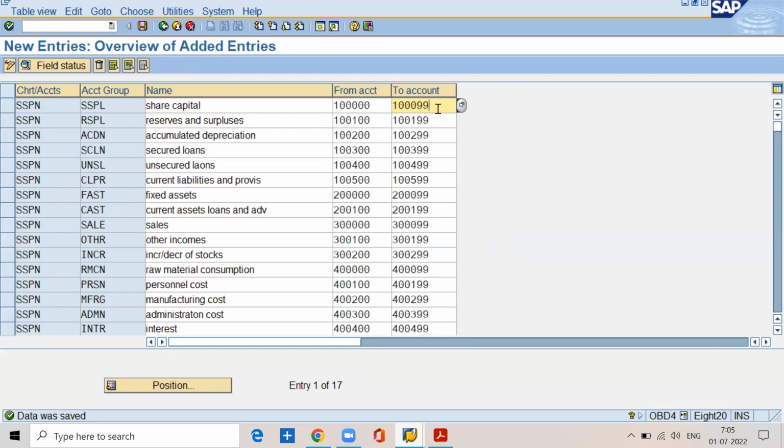So, we have given 100,000 to 100,099 as the number range for share capital. Then for reserves and surpluses, you defined 100 to 199. Then what happens is, within 6 months, we have created all 100 ledger accounts under the share capital group. But still, there is a